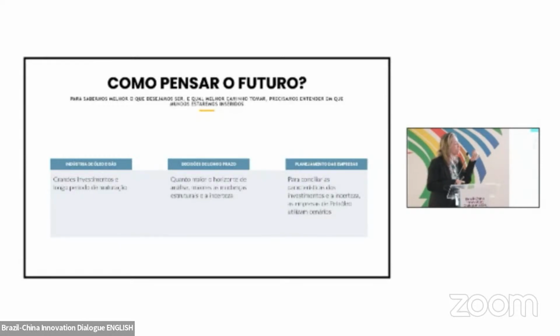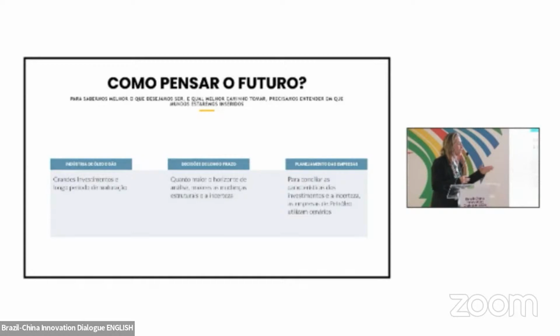And why should we think about the future? Well, we want to know what we want to become, right? So what do we want to do and be? What are the threats, the opportunities that I can have along the way? And well, for oil and gas, we have a lot of long-term investments, and they have to mature over a long time. It's in our DNA, right? Think about the future, and you have to have long-term decisions as well. So nowadays, in order to change our portfolio, we are like a transatlantic vessel. You can't turn all of a sudden. You don't get $100 billion and deal with that in one day, right? You have to do that with a structure and a strategy that happens over time.